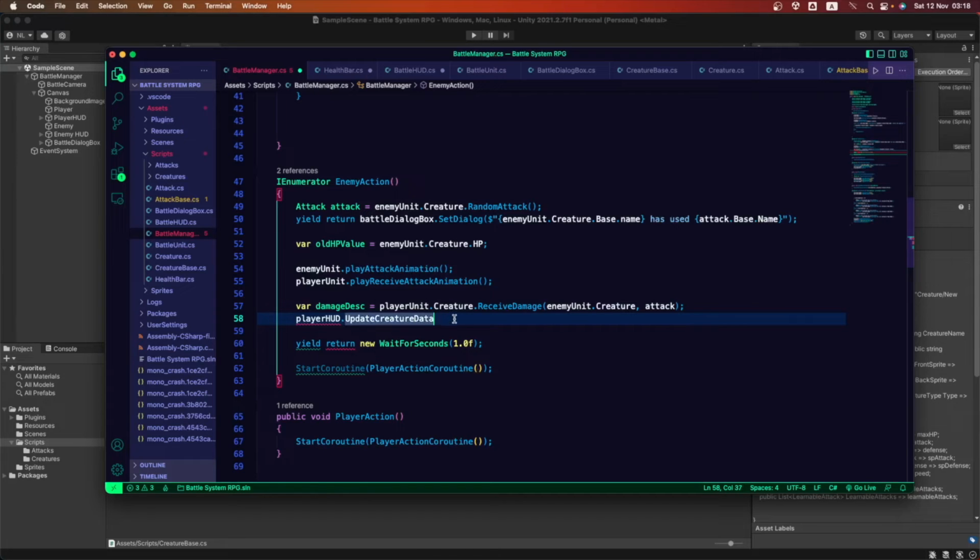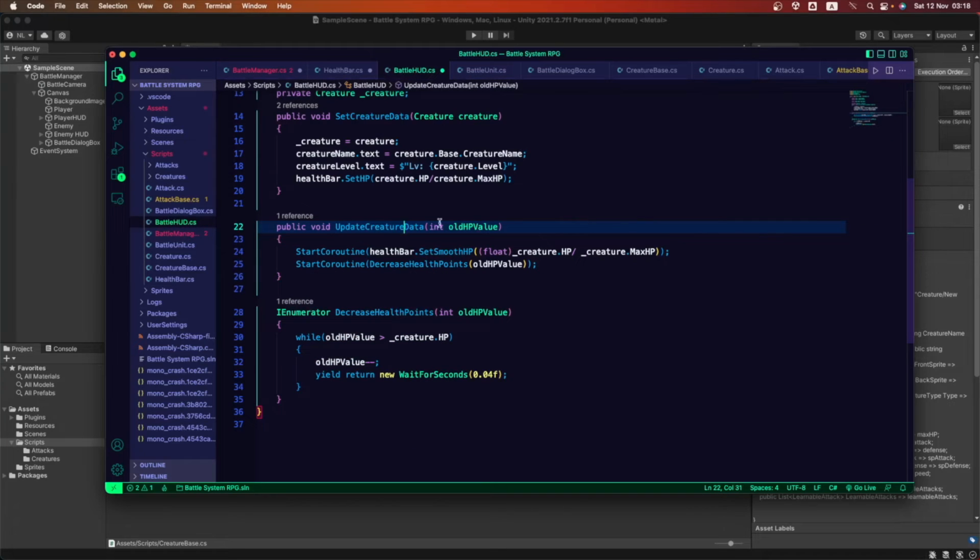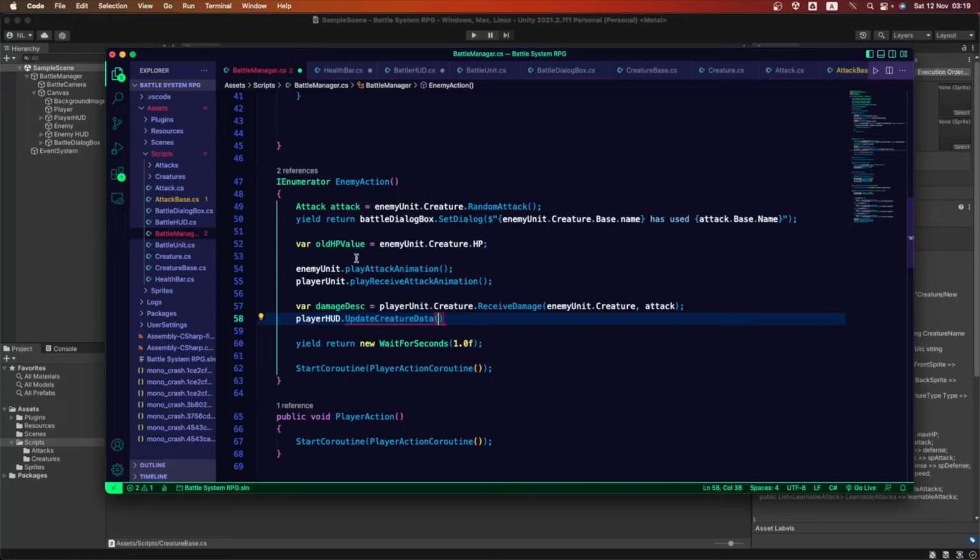And remember, this update creature data wants a value, the old health points value. And where are we getting that? We're getting that from the enemy creature health points. We already created that variable, and this is where we're gonna be using that one.